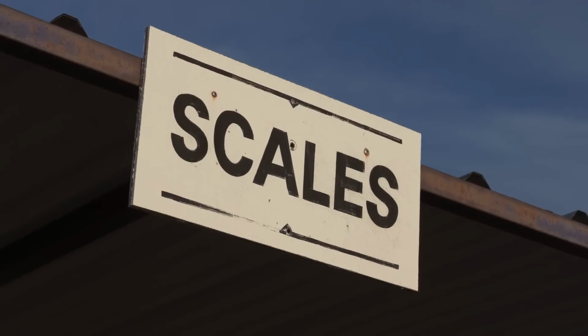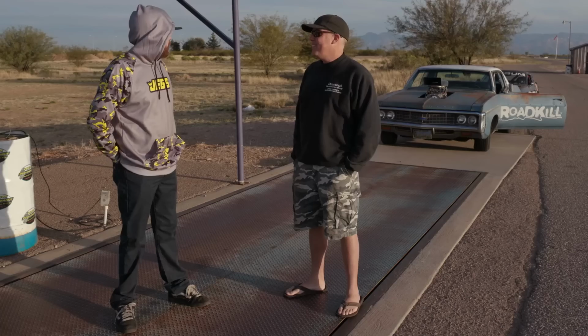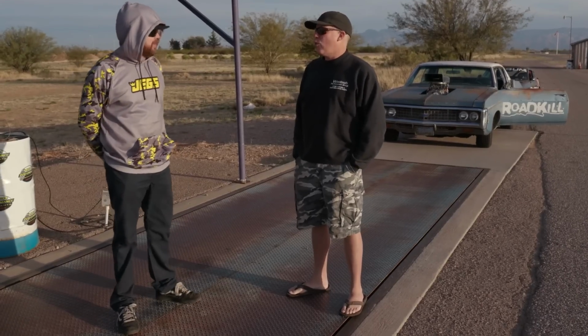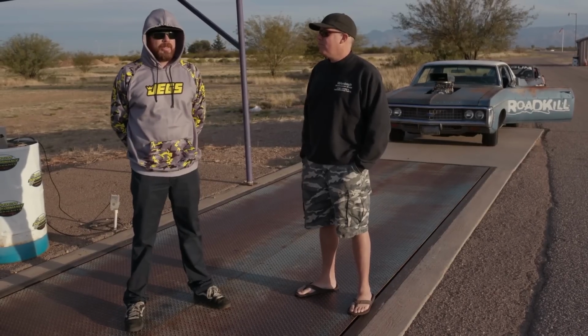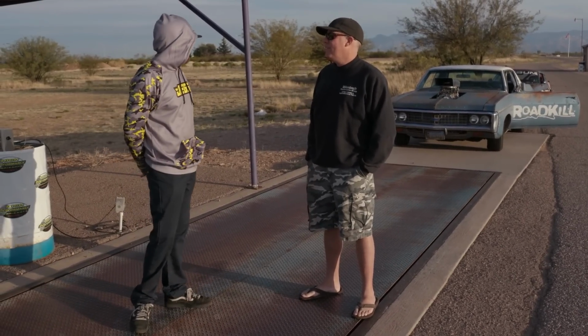This is gonna be interesting. We're about to find out half the information I'm dying to know. Weight and horsepower. Would you wager I weigh half as much? Nope. I'm going to guess that the Impala's 4,300 pounds, and I'm going to guess that your junk is 2,500 pounds. You out of the car, the Impala is 4,600 pounds, and Rotson